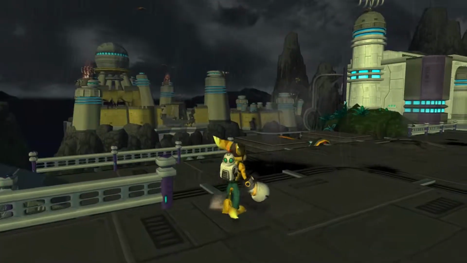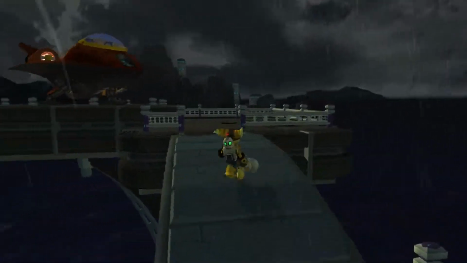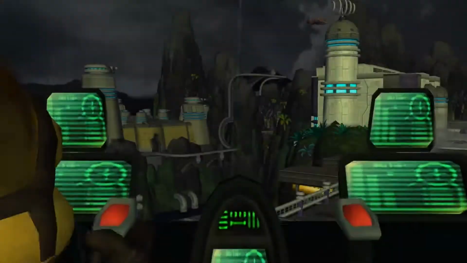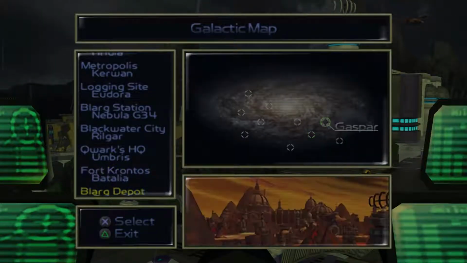Alright, so let's see what this does. Okay, so it's like an electric punch. We'll see how practical that is later. But for right now, is there anything we can actually do here? Or no, all the missions are done, so